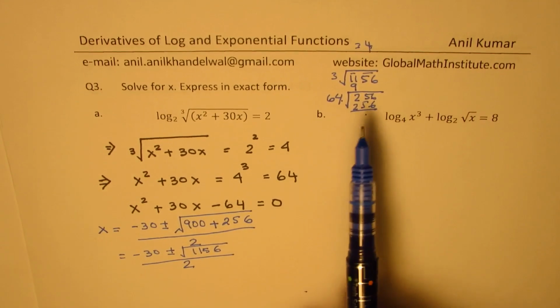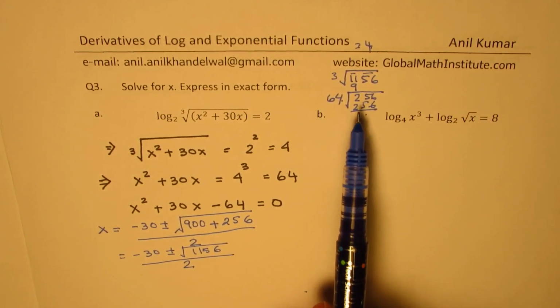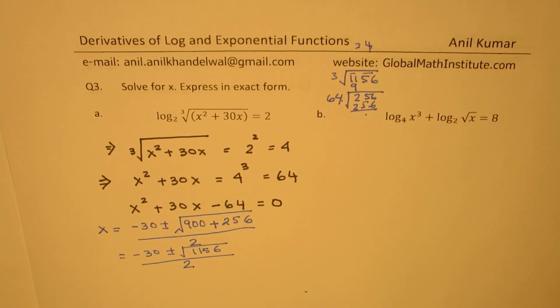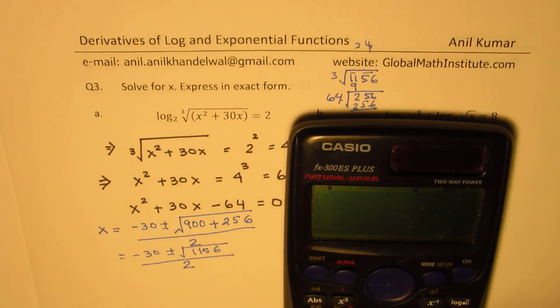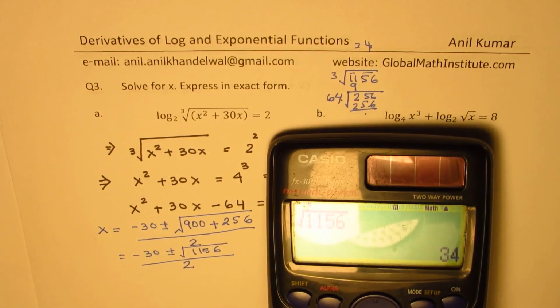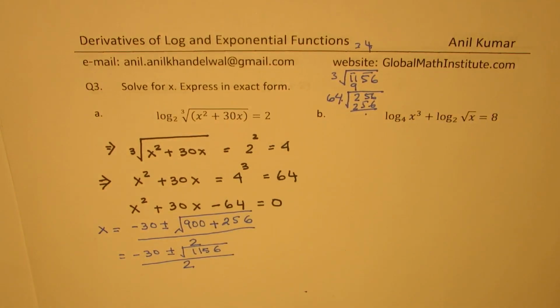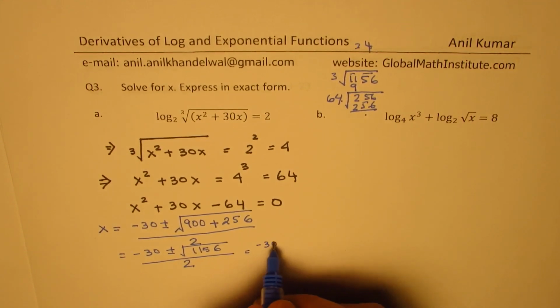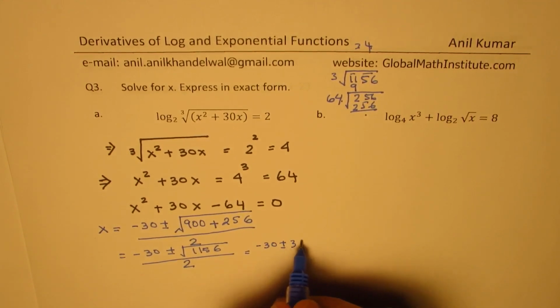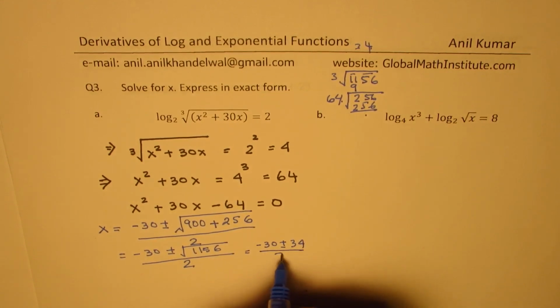I'll provide you with a link on how to find the square root without a calculator, okay? Let's also confirm that if you are allowed the calculator, you would always do the square root of 1156 and get your answer, which is 34, correct? Okay, so let's continue by saying that this is minus 30 plus or minus 34 over 2,